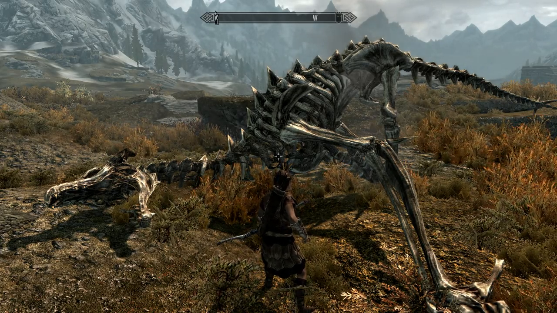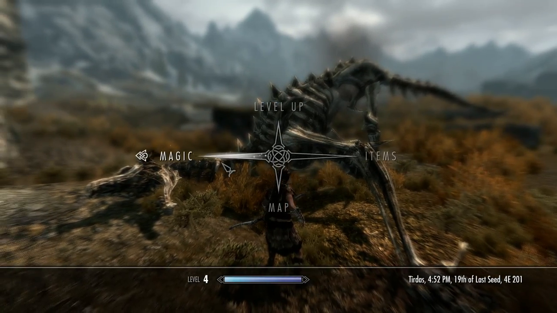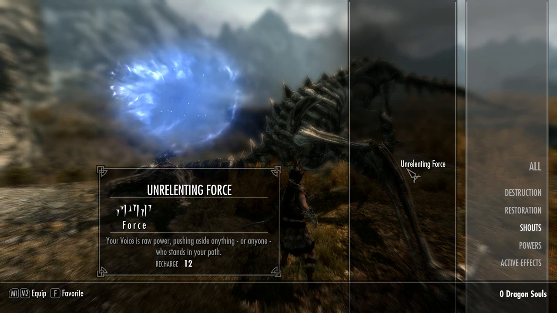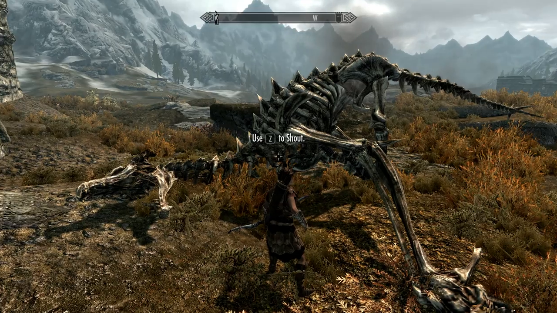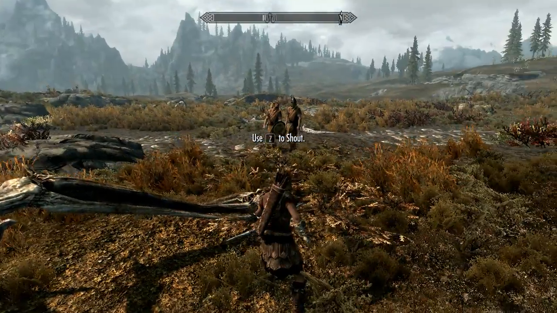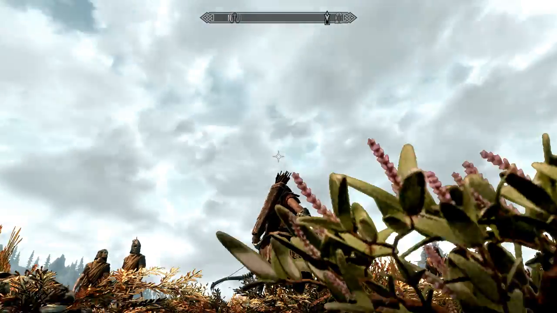So I'm going to go ahead and open up my magic, go to shouts, and I'm going to equip unrelenting force. Yeah, that's what it is. Go ahead and close that. And as it says, you use Z to shout. I'm going to aim it up so I don't